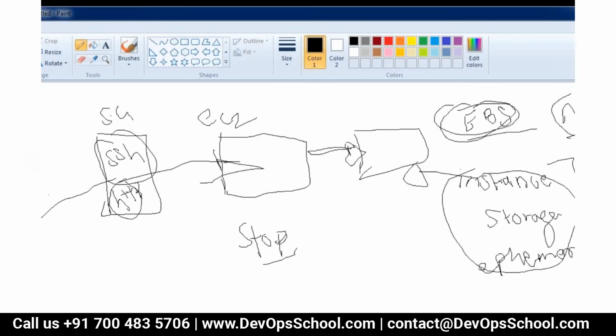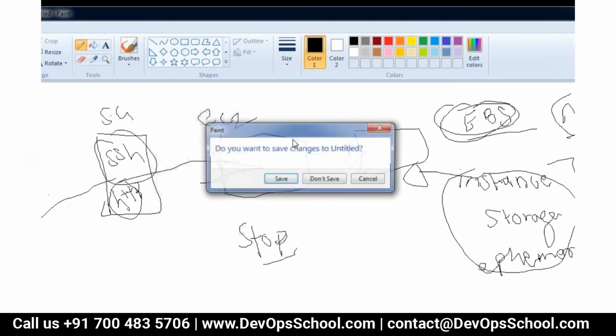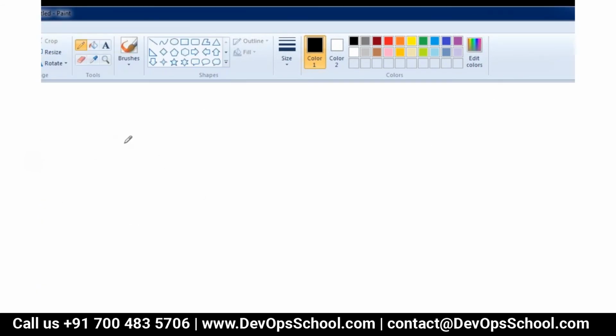Okay. So this is your Windows instance. Now you have your EC2 instance, which is a Windows instance that is running, and you have a 30 GB disk, which is a root disk, attached to it.